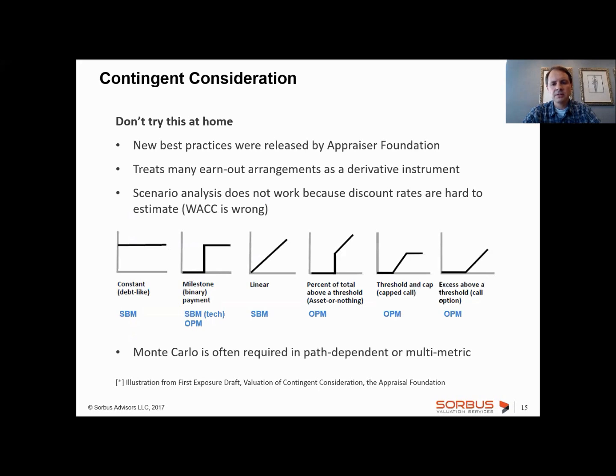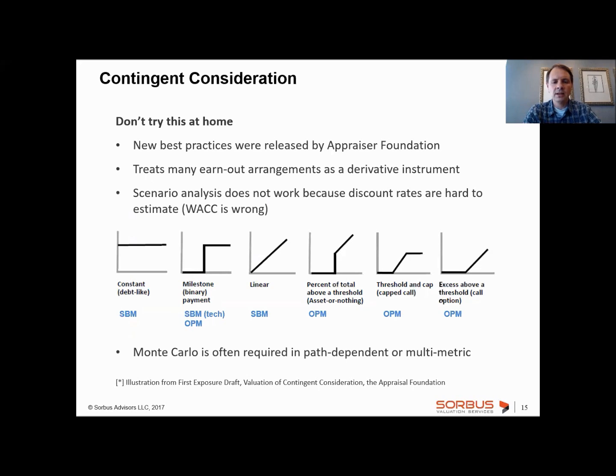Now, the Appraisal Foundation issued a draft as to how to approach this actually a couple months ago, very recently. And it introduced a number of methods that are actually option-based methods that help cut through the subjectivity in a very significant and very helpful way. Now, typically people used to think about earnout as a simple scenario analysis, right? Like if the company hits a certain revenue threshold, they get paid X million dollars, and so we'll just multiply it by the probability of that occurrence taking place and then discount it to the present.